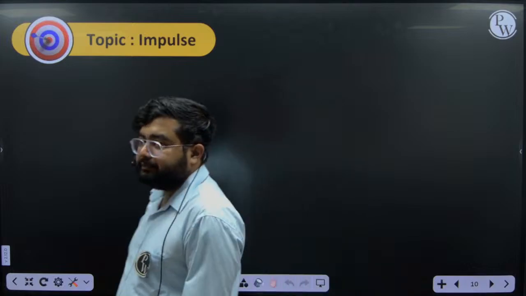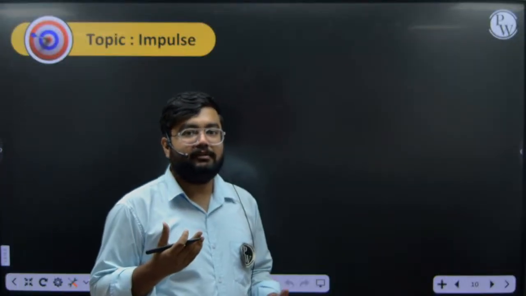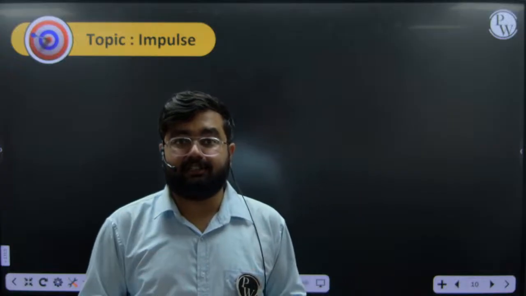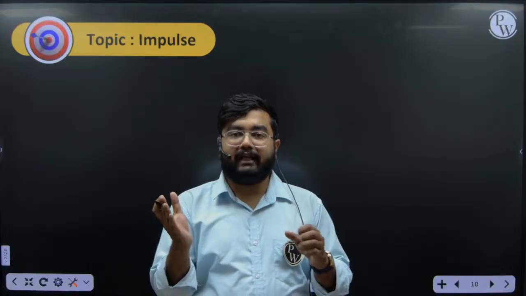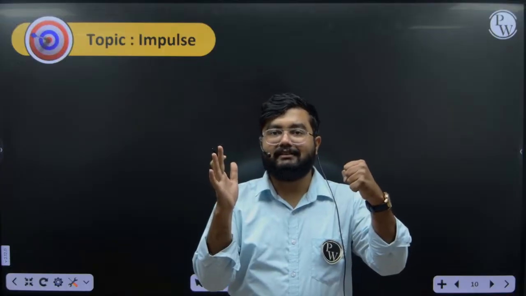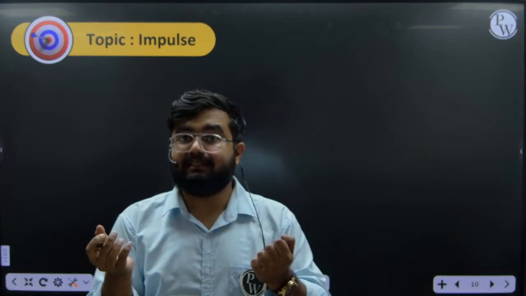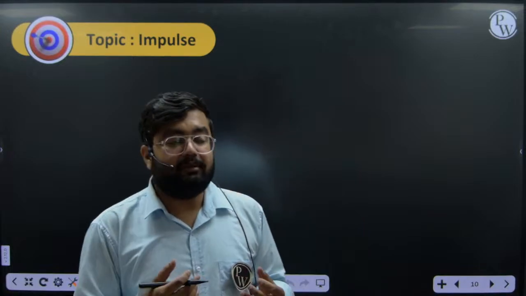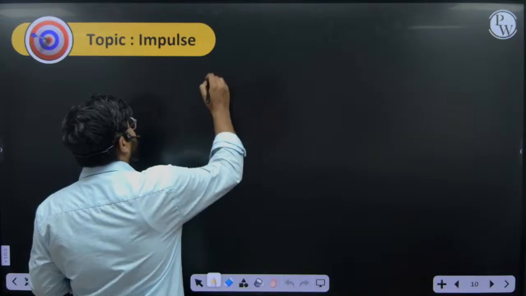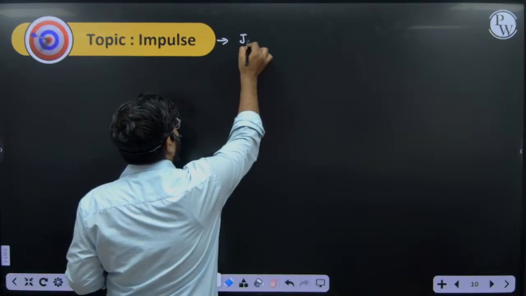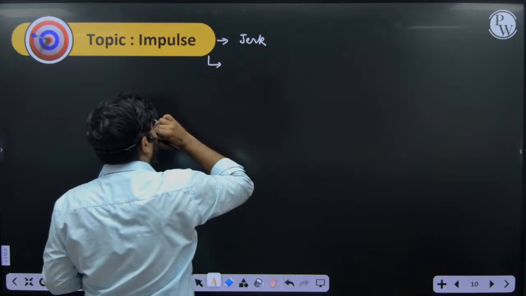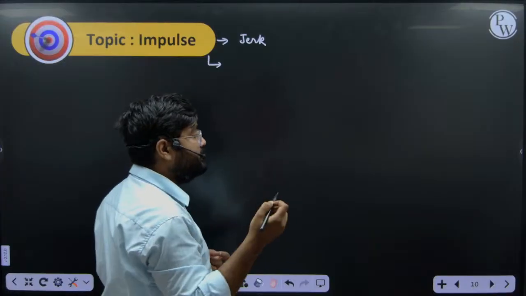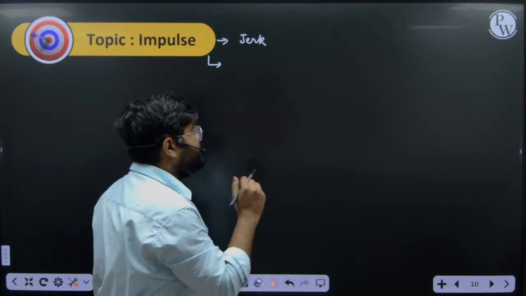Next topic is impulse. Now, what is impulse? Impulse, in very simple words, means a jerk, okay? A sudden jerk. For example, when a batsman hits a ball, the time of contact of the ball and the bat is very less. But in that very less time, a large amount of force is imparted to the ball. Correct? So impulse is a sudden jerk, or in a better way, we can say that when a large force acts for a small time,